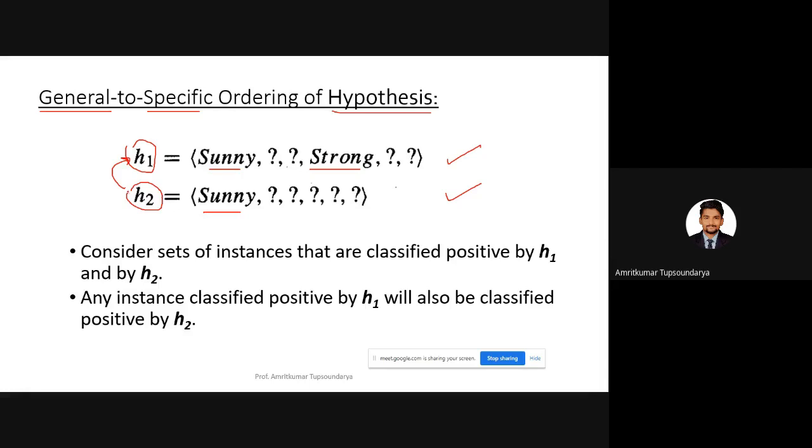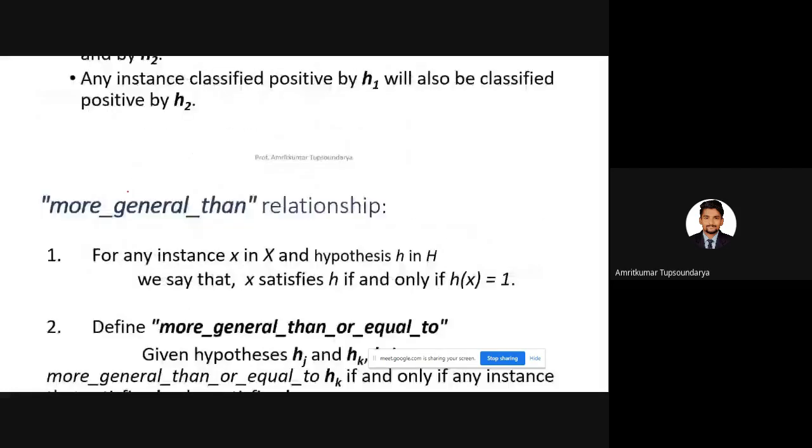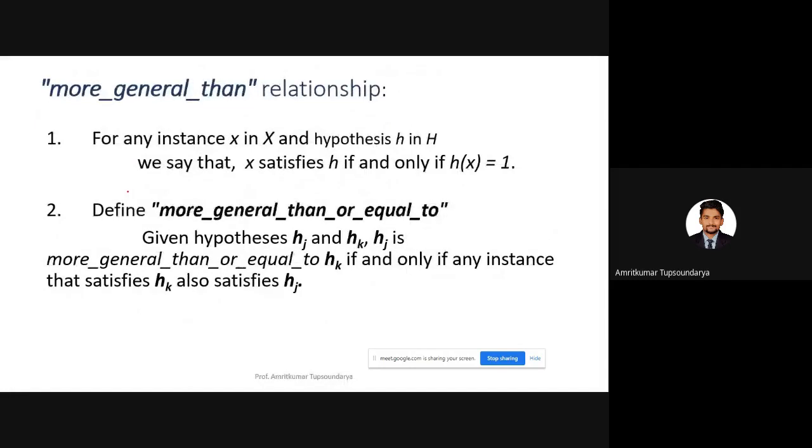Now, by more general, this brings us to a relation that is more general than. The relation is called the more general than relationship. Now, this more general than relationship between these hypotheses can be defined more precisely, as I mentioned, numerically. So, let's say